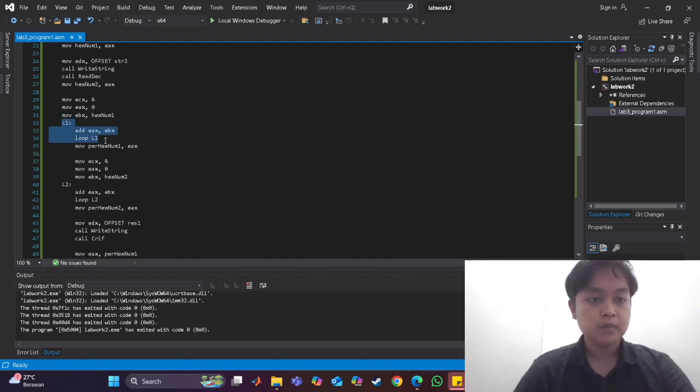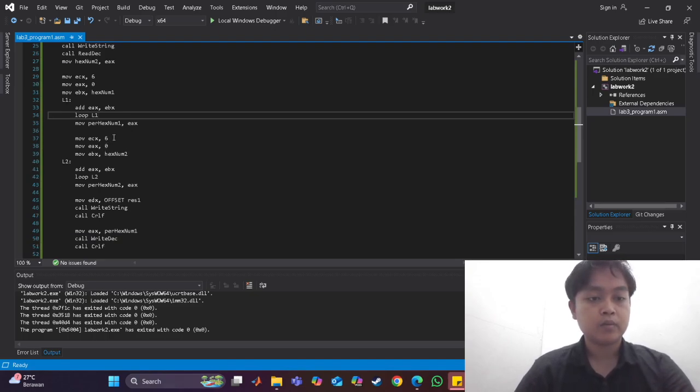In the loop, we add the value EBX into the EAX, and then we loop in here until the counter is finished to 0. And then we assign the final value of the sum of EAX into the variable per hex num1, which is the perimeter of the hexagon.